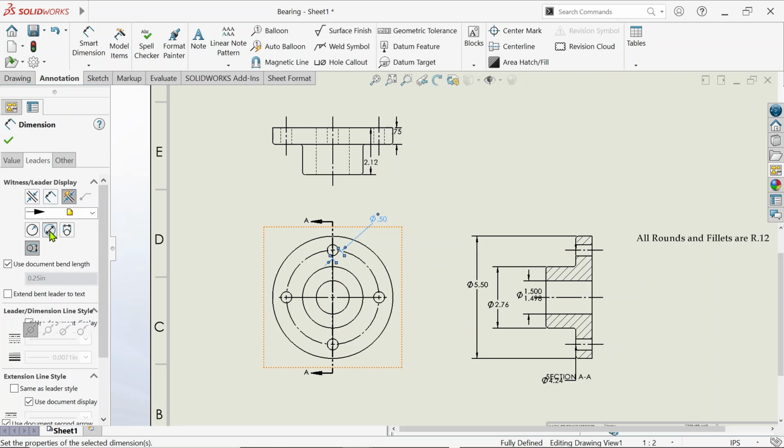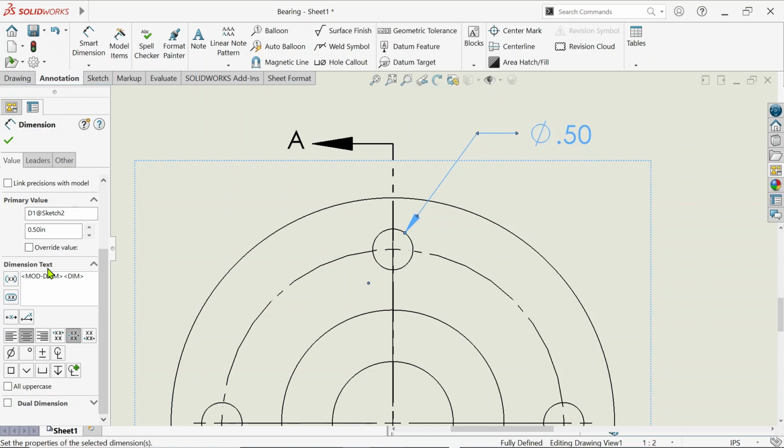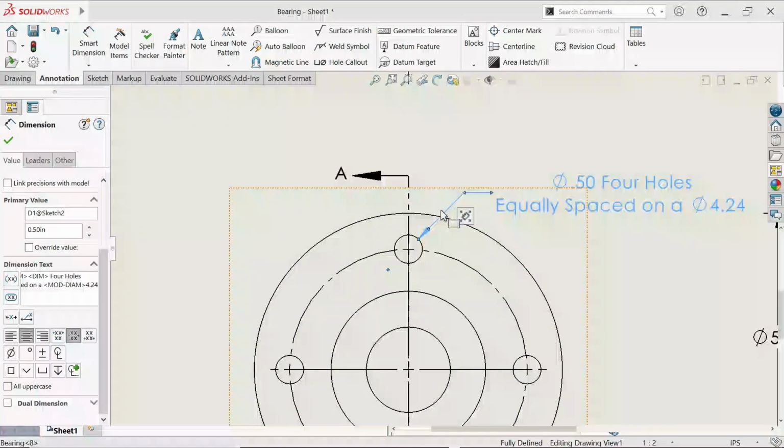Go to the Value tab under Property Manager, and scroll down to the field with dimension text. We can add in here the text after 0.5 inches as 4 holes, and in the next line, with the Enter key on the keyboard, move to the next line and add the text there: equally spaced on a diameter 4.24. So try to move the dimension to the right side to have no intersection with the section line. And